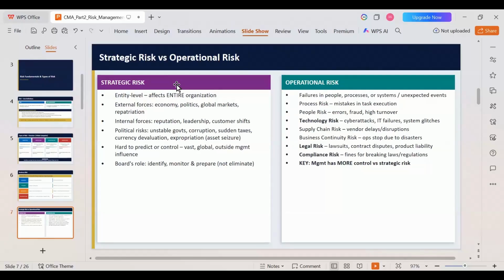So what can we do? We will have to check which is the best approach for us given this external risk. How can we turn it to our benefit? That should be the company's approach in strategic risk.